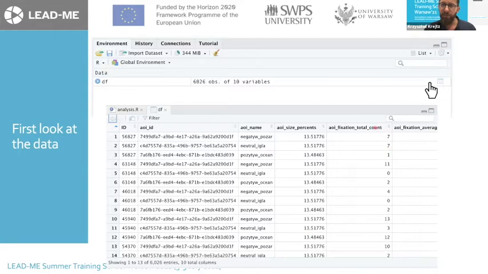Then we have the total number of fixations in each AOI. We see that the first person looking at the negative AOI exhibited 7 fixations. The same person looking at the neutral AOI exhibited 7 fixations. And when looking at the positive, the same person exhibited 1 fixation. Then we look at the 3 rows of the next person: for negative 11, for neutral 0, for positive 2 fixations. All right,